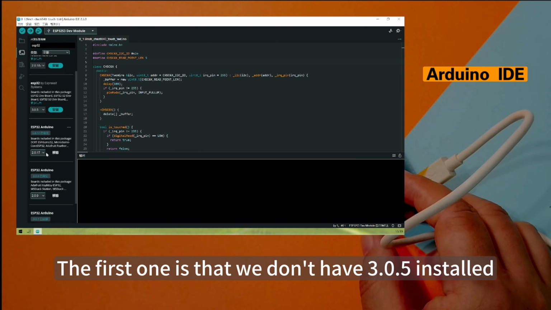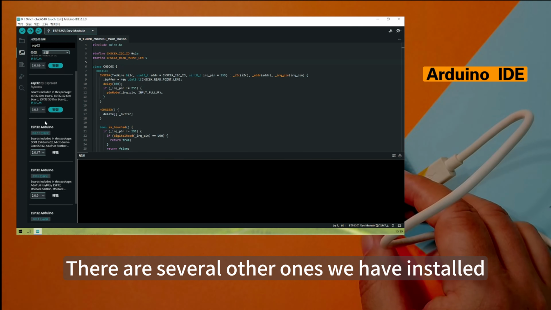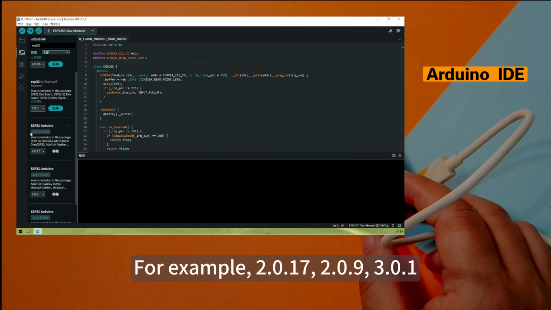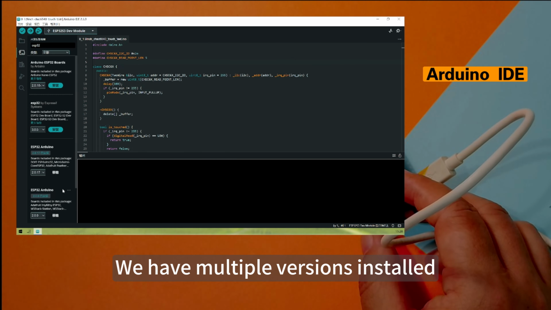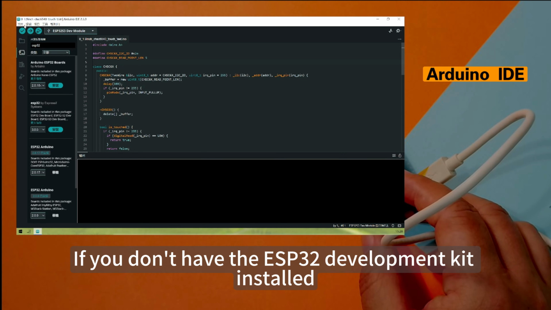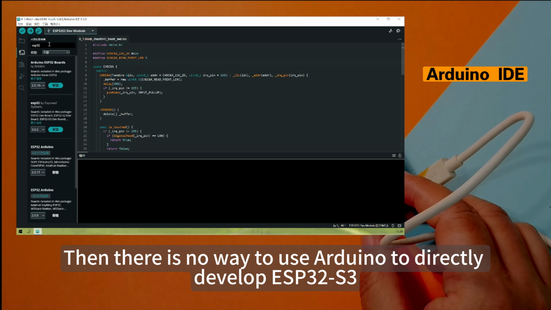We can see we searched several ESP32 entries. The first one is 3.0.5, which we don't have installed. There are several other versions we have installed, for example 2.0.17, 2.0.9, 3.0.1. We have multiple versions installed. If you don't have the ESP32 development kit installed, then there is no way to use Arduino to directly develop